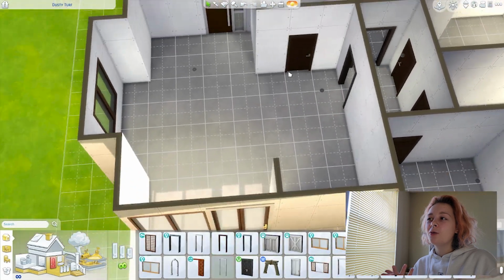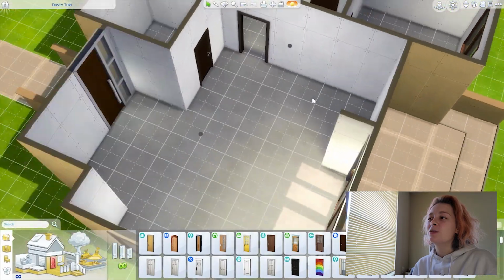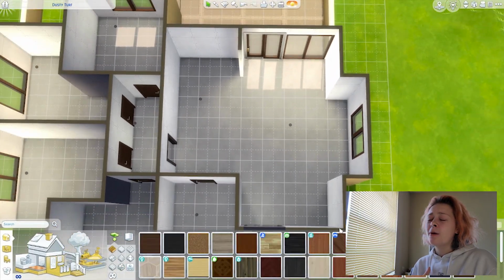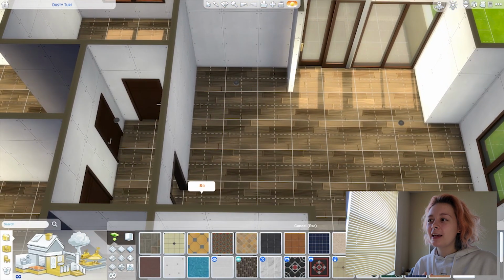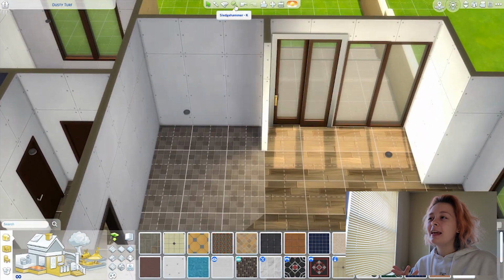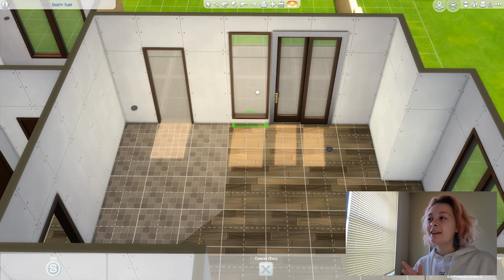So here I put a doorway, and then I immediately realize, I want this to be a bedroom, so I switch it for a door, using the doors from Dream Home Decorator. I think that wood tone fits this house really well, and you'll see once I get to wall coverings, I do make the outside of the house look a bit more reddish, and that is because